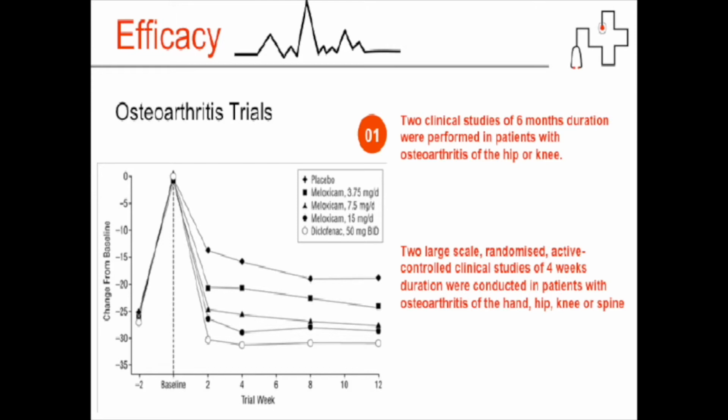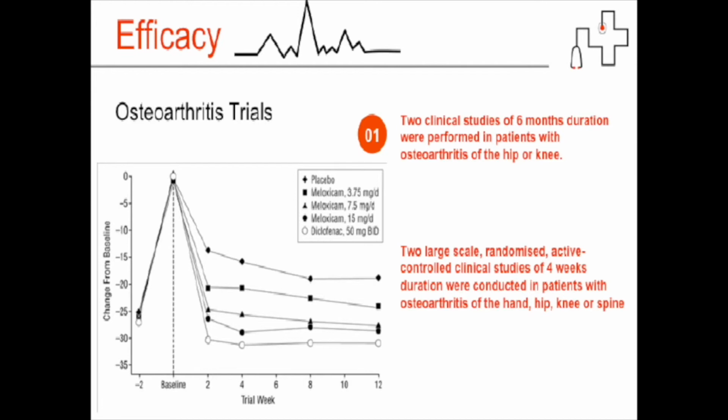12-week trial. Both doses of meloxicam were also shown to be comparable to diclofenac 15 mg with regard to efficacy, with a lower incidence of GI adverse events when compared to diclofenac. Two large-scale randomized active control clinical studies of 4 weeks duration were conducted in patients with osteoarthritis in the hand,